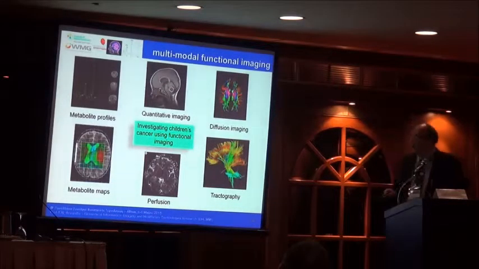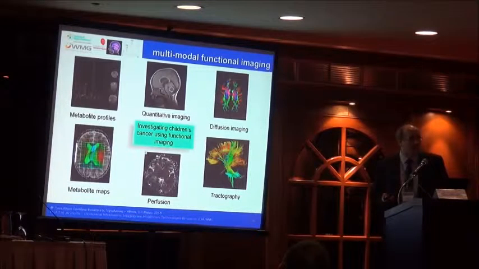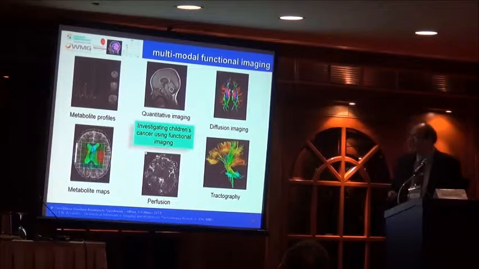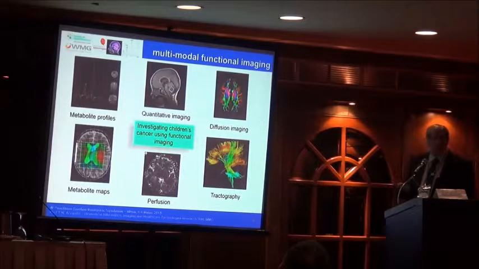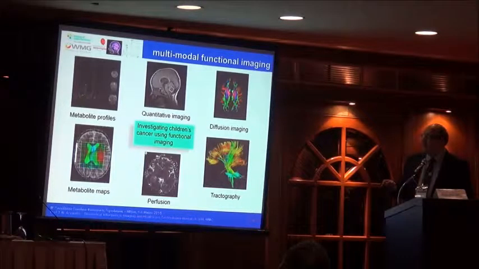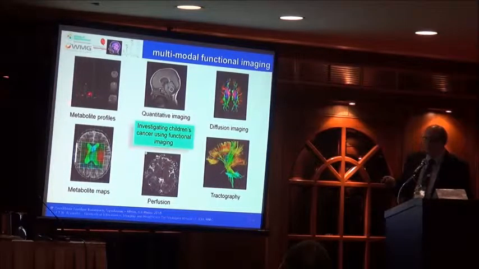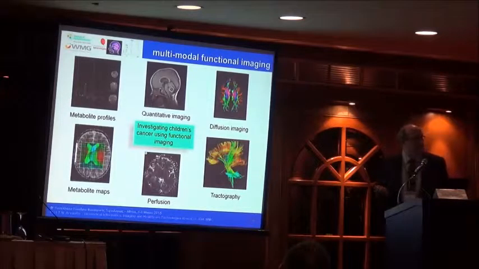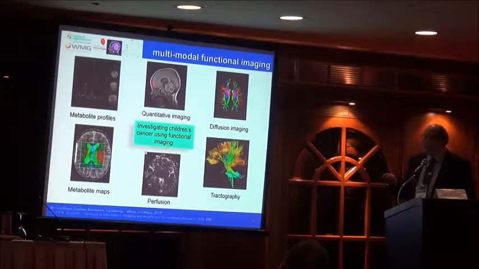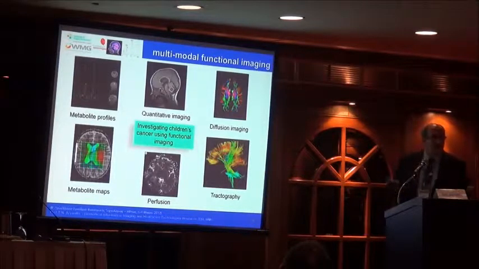So, as part of the CRUK, Cancer Research UK 10-year program grant, we have been looking at using these functional imaging techniques in order to investigate children's cancer in the brain. This comprises an array of things that tell us about metabolism, so magnetic resonance spectroscopy. It's not very clear, but you can see some interesting spectra that tell us a little bit about the biochemistry of the brain. Quantitative imaging based on parameters of MR, structural MR, like T1 and T2